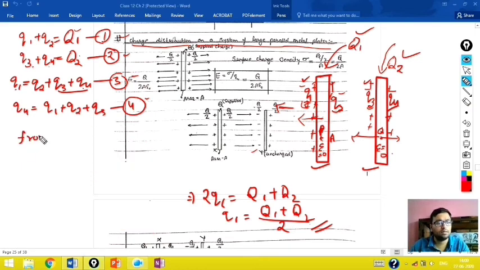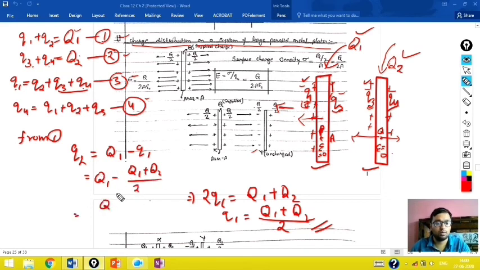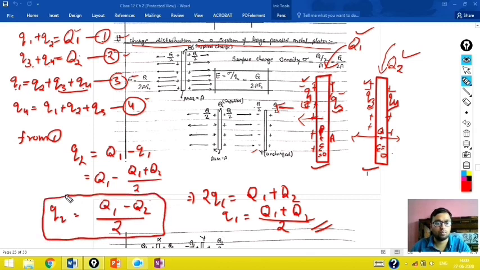From equation 1 we can say q2 equal to capital Q1 minus small q1, and this will become capital Q1 minus (Q1 plus Q2) by 2. From here if you solve this, you will get (Q1 minus Q2) by 2. This is the value of q2. So at this inner surface,